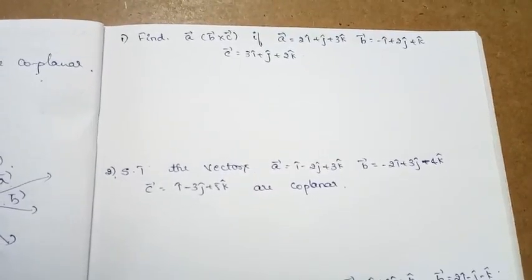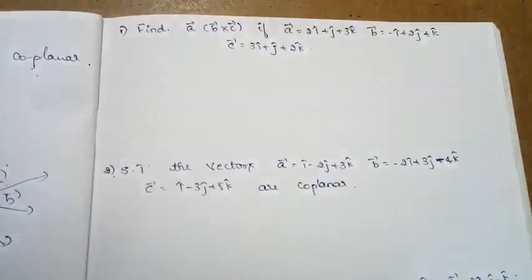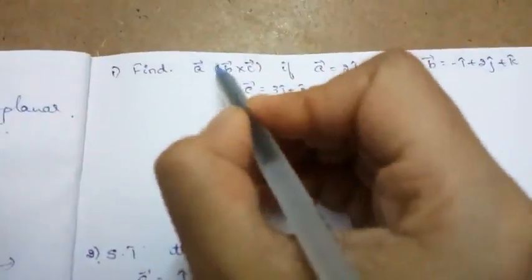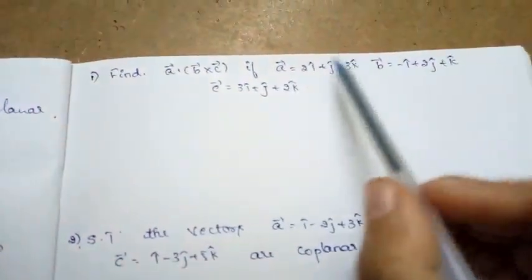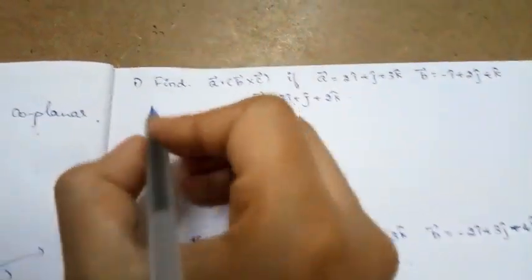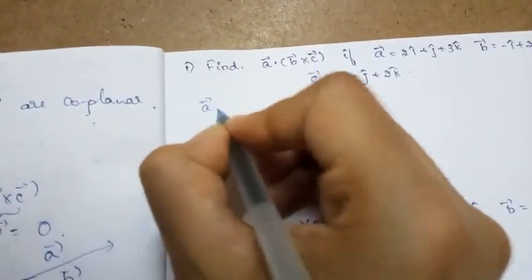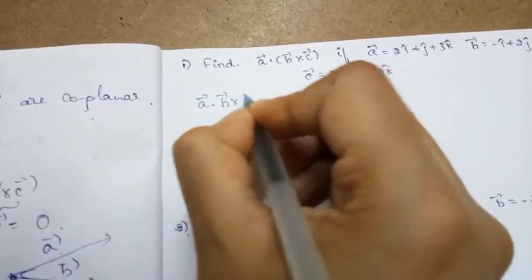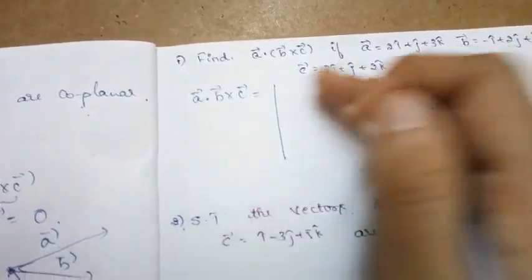Let us solve some of the problems regarding the scalar triple product. So in that first question, they have asked us to find vector A dot B cross C, where vector A, vector B, vector C are given. So we know that vector A dot B cross C can be represented in the determinant form, where the first